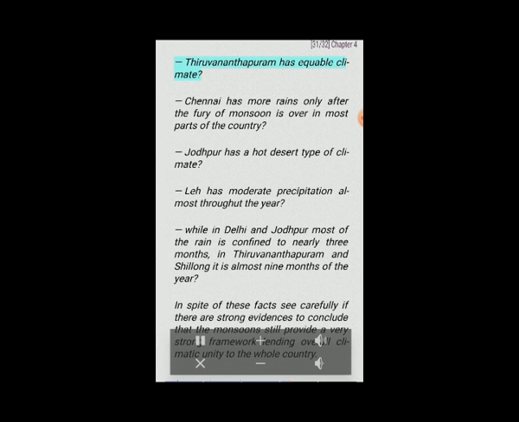5. Now think why. Tiruvananthapuram has equable climate. Chennai has more rains only after the fury of monsoon is over in most parts of the country. Jodhpur has a hot desert type of climate. Leh has moderate precipitation almost throughout the year. While in Delhi and Jodhpur most of the rain is confined to nearly 3 months, in Tiruvananthapuram